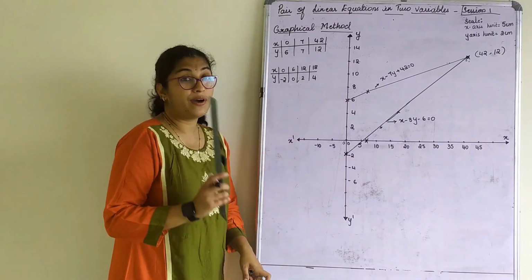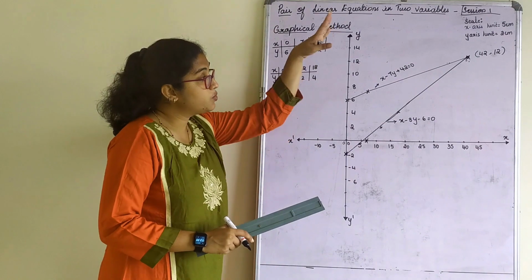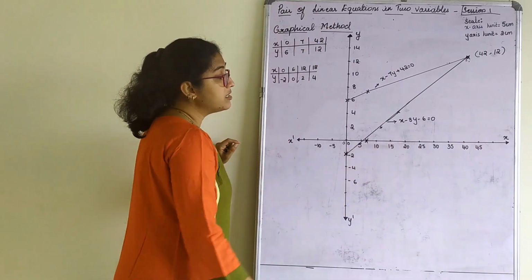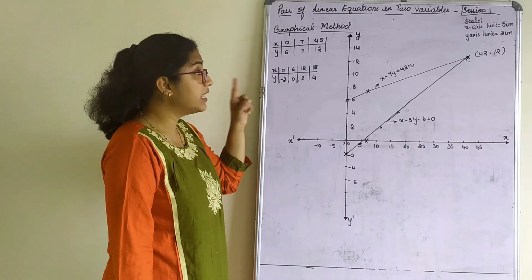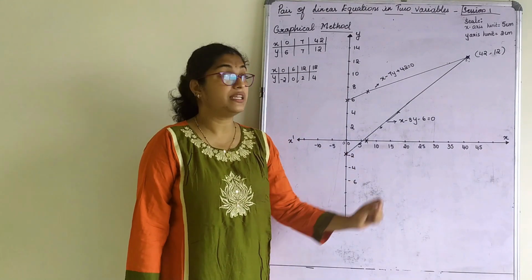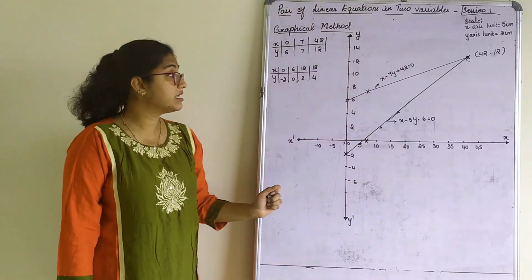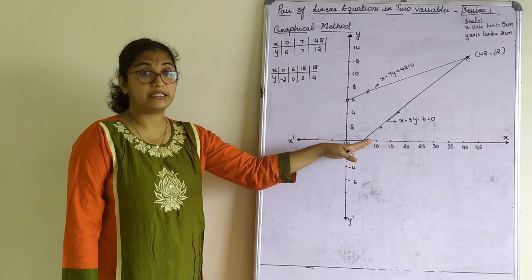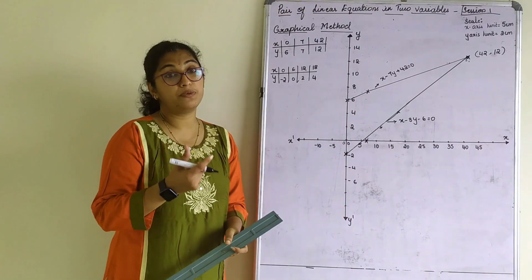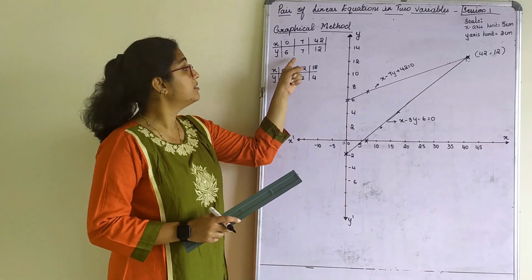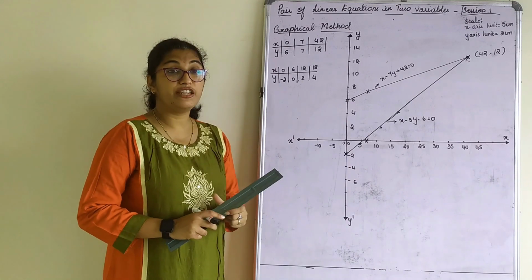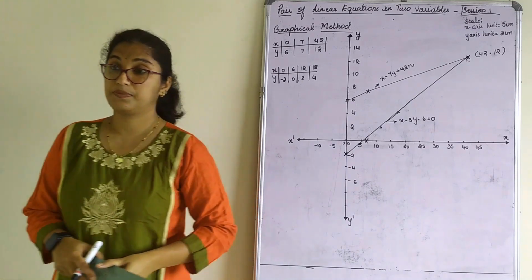That's all you have to do. So now you understood why a bigger scale is required: the lines will go accurately straight. The more important thing is to choose the scale wisely and do not forget to write the scale on the right corner of the page. This is how you represent the graphical representation of the first one. Now, for the second question, I will give the algebraic expression and the tabular column, and you have to do the graph for that. Quickly finish this, we'll start with the next one.